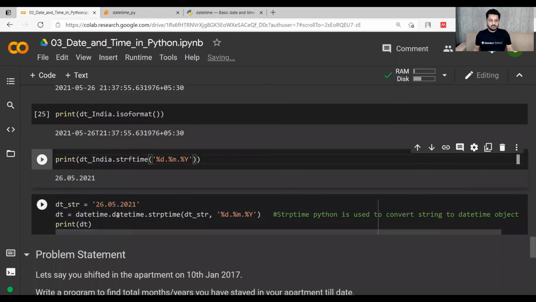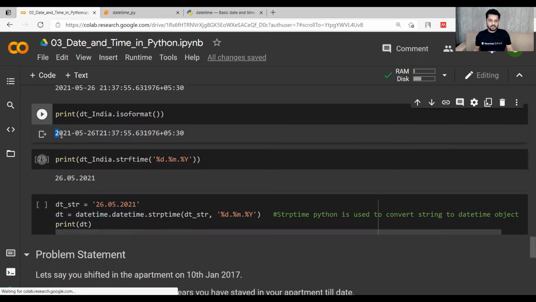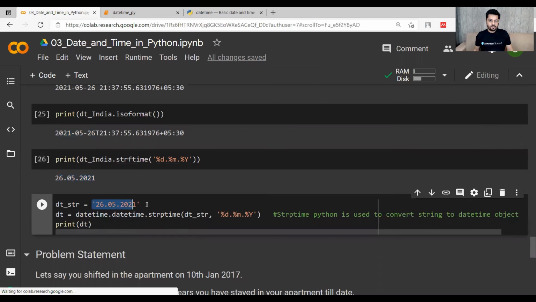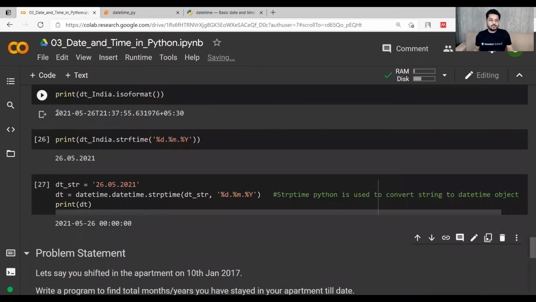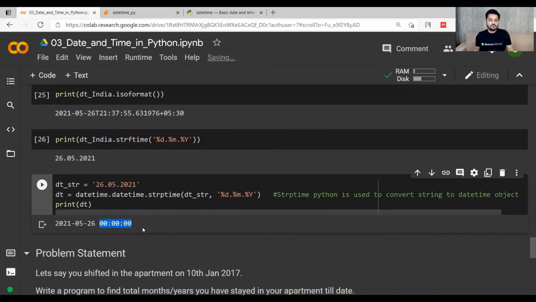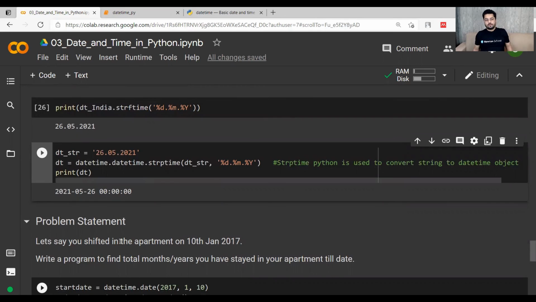Now let's convert it back to the original state. Let's say that I want to print it again as 2021-05-26. So I pick this as a string. It is now a string. I have to use the strptime function in which I am passing the string along with the exact format in which it was printed. If I decode this, I will get the final date the same as this, 2021-05-26 along with 00:00 time. Okay, let's solve this final problem statement and end the session.